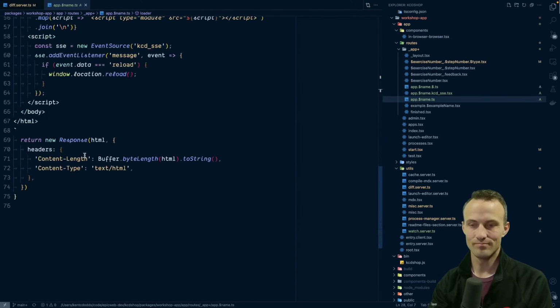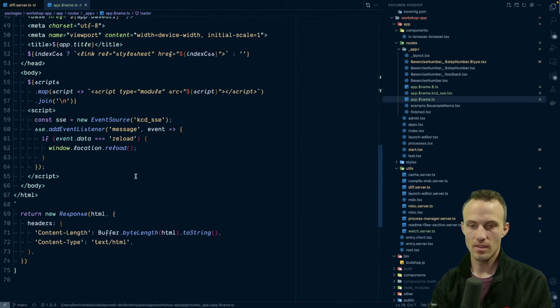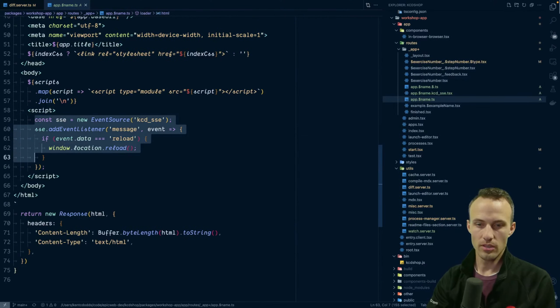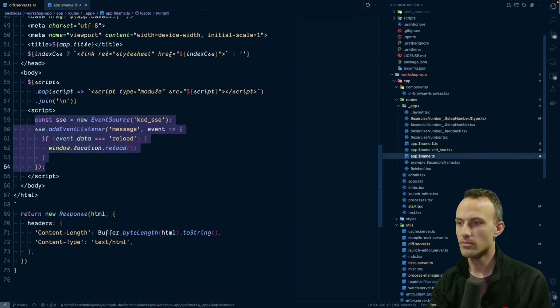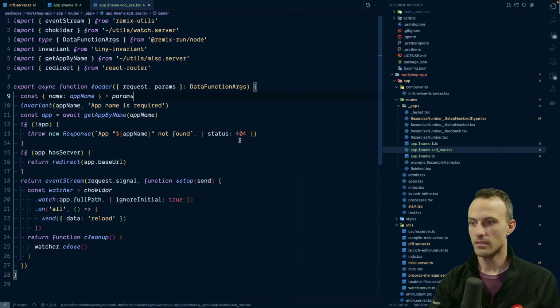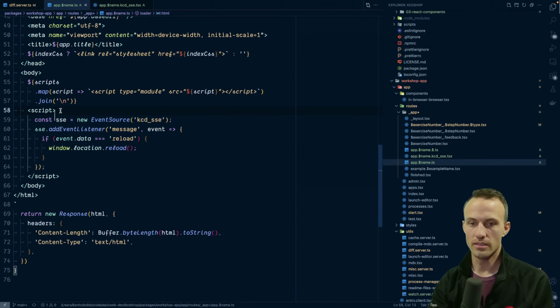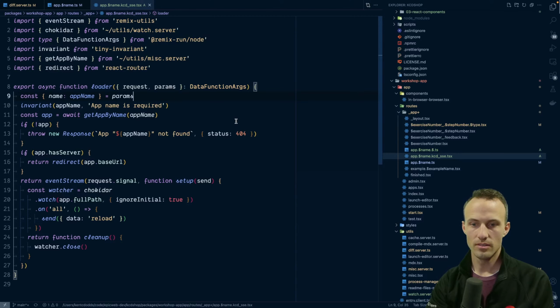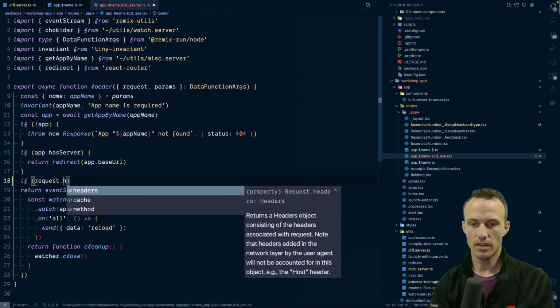But yeah, I don't know. You know what? Actually, what would be cool is to have... Yeah, okay, so what if this was type module source KCDSSE, and then in here we can say if request.headers.get